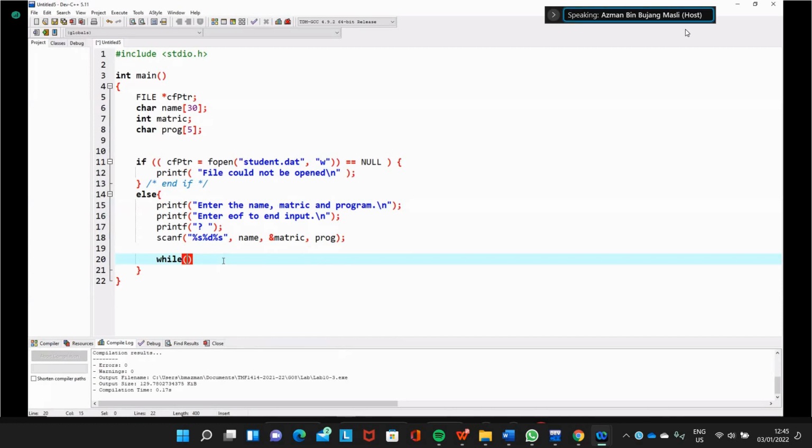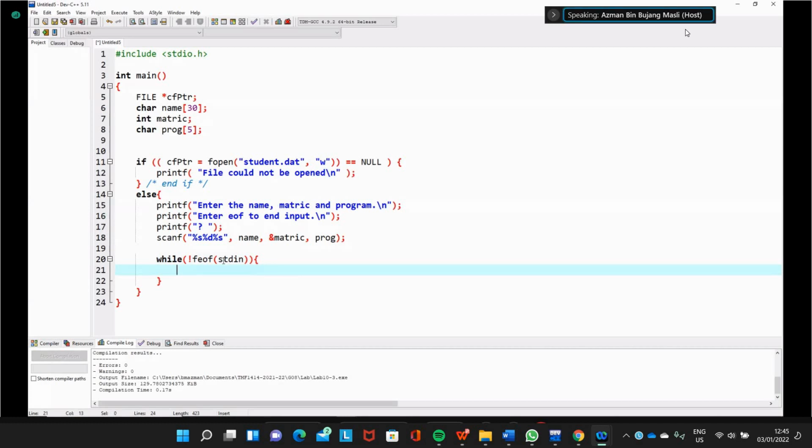So while not feof, this is from the input stream, standard input, which is the keyboard, not from the file. While it is not end of file, we do this.